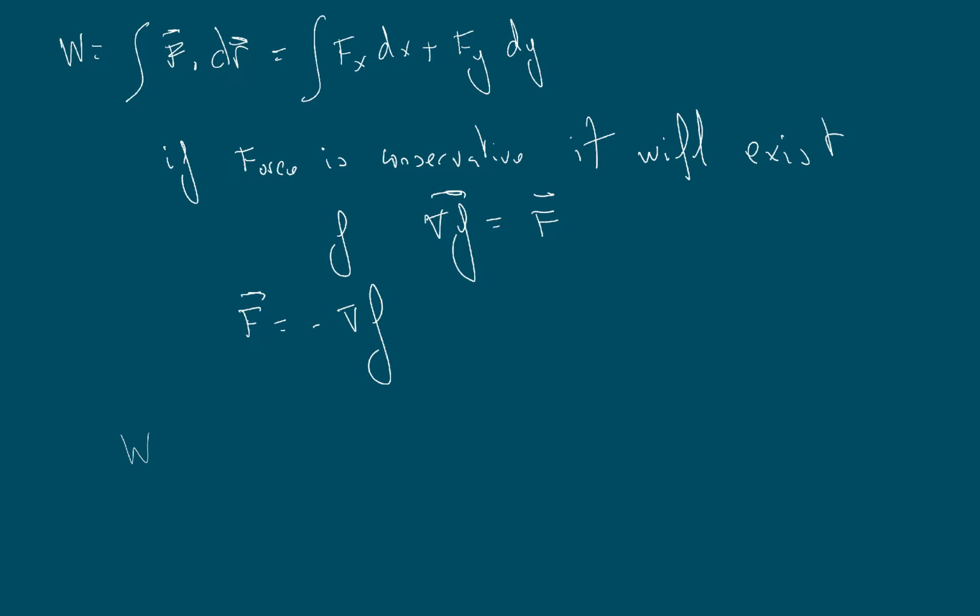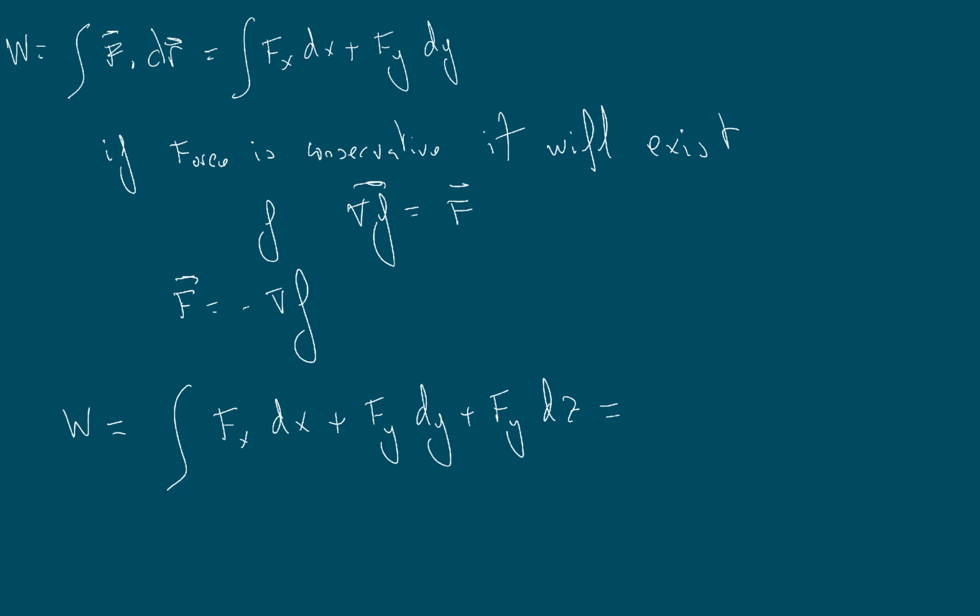The work done by a force is the integral of fx dx plus fy dy plus fz dz. And if the force is minus the gradient of a potential function, E sub p of x comma y,